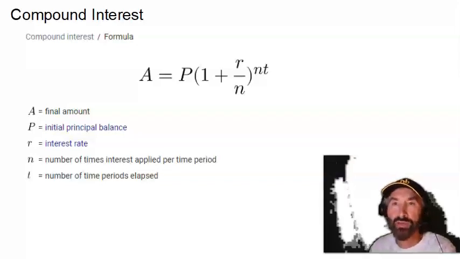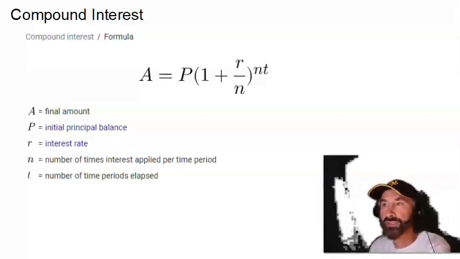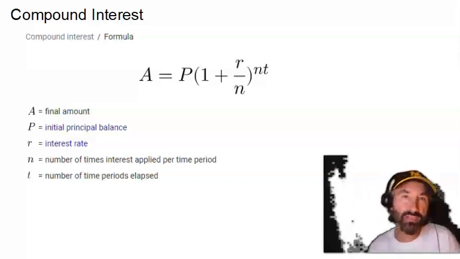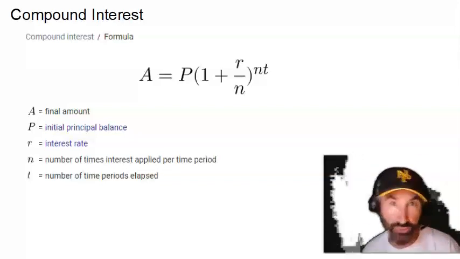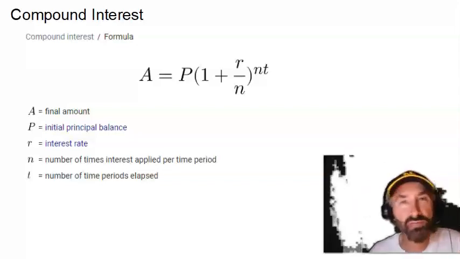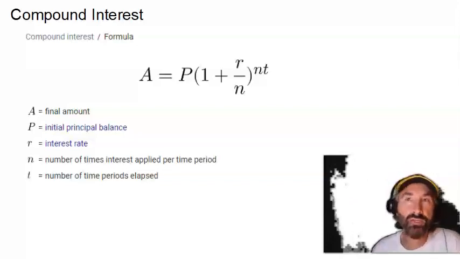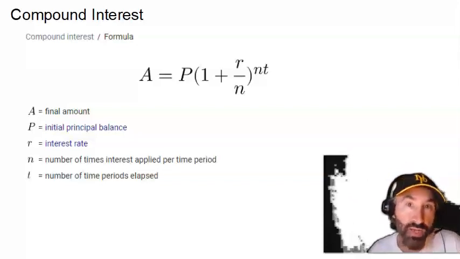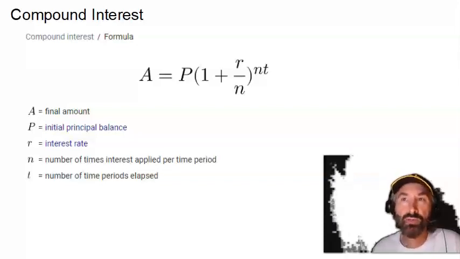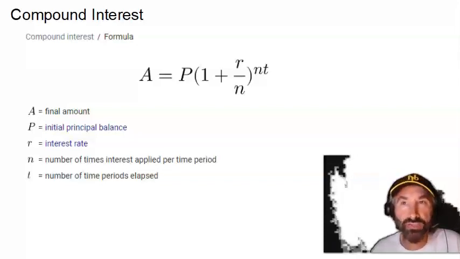Hey folks, I wanted to build on some of the stuff we've been talking about in the last couple of lessons. We've been talking about exponential functions and exponential growth and exponential decay. And one type of exponential growth is known as compound interest or compounding. And here I have on the screen the formula for compound interest, and we're going to get back to it